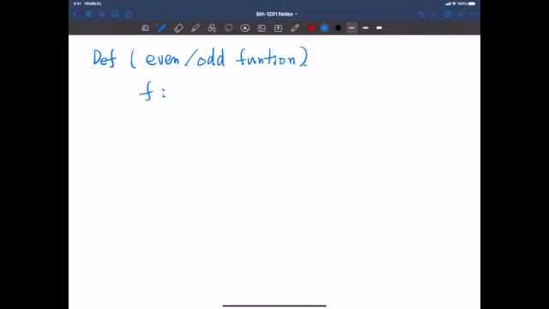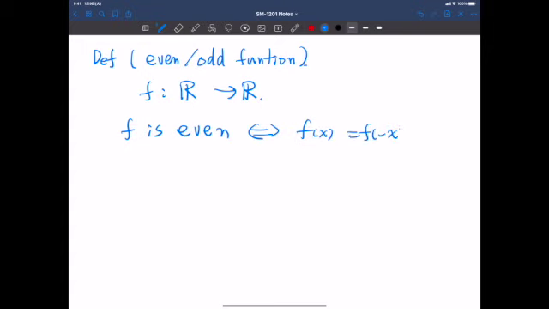Let f be a function from real numbers to real numbers. Then f is even means f of x is equal to f of negative x. So changing the sign of the argument doesn't change the value of the function. And f is odd,